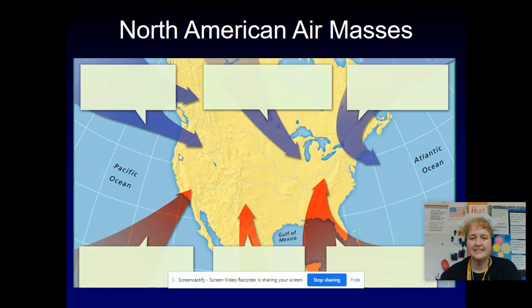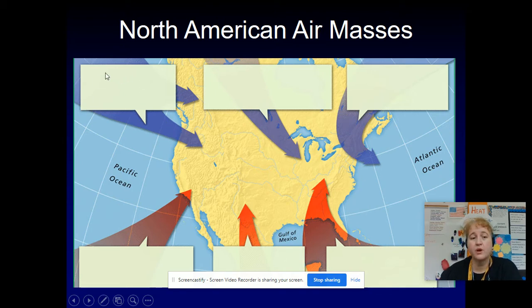Welcome back. So, were you able to get these right? This is a map of North America, the North American continent. And of course, we're focused on the United States of America. As you can see in the top left, which would be the northwest of our map, we have a body